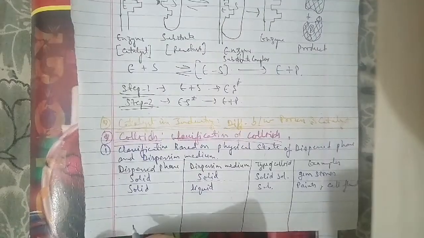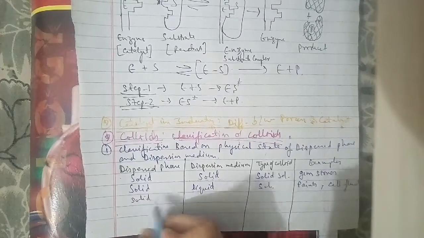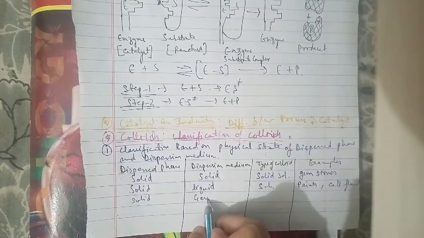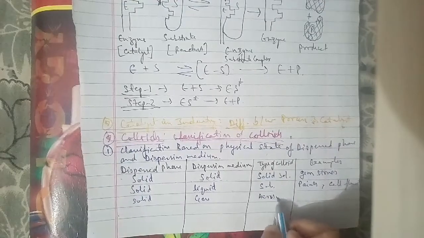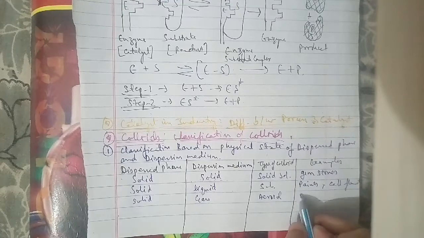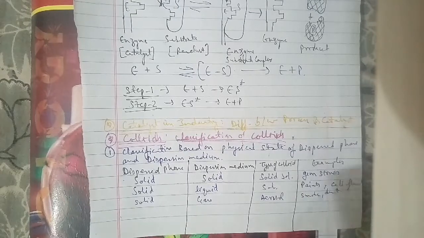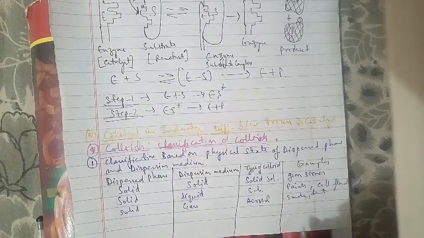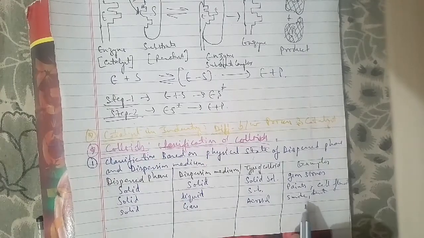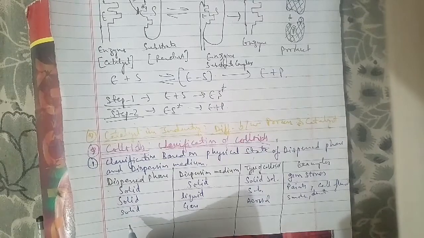So here we go ahead with another one that we have to talk about, which is the solid here. Then we have your gas. So what we get here is your aerosol, and of course the examples are smoke and dust. In the same case we have another one, which is your kerosene, and here it is smoke and dust. And after that we'll have another one, which is your liquid and